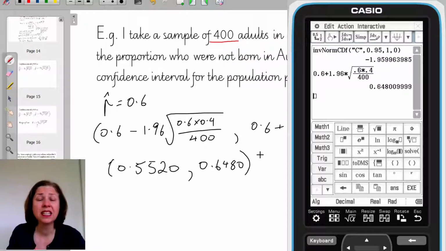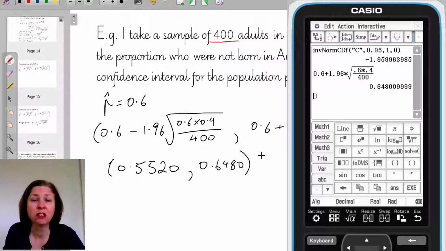Okay, so I've narrowed my interval a little bit. You'll notice that the 0.6 is still right in the middle, but now neither 0.5 nor 0.7 are actually included in my interval. So as I increase my sample size, I can narrow that interval. Okay, now,